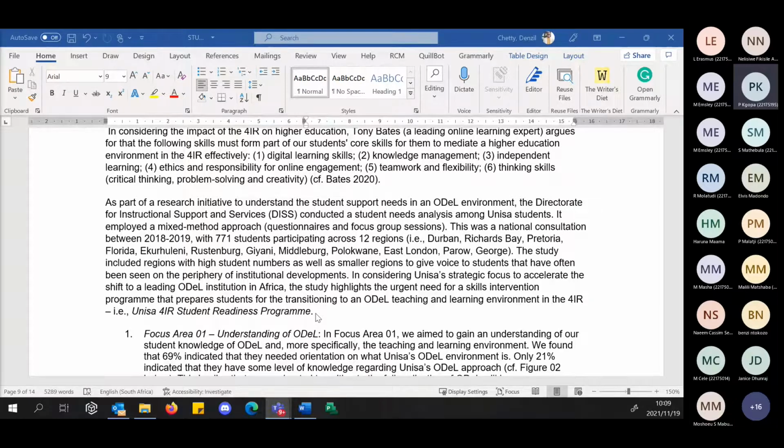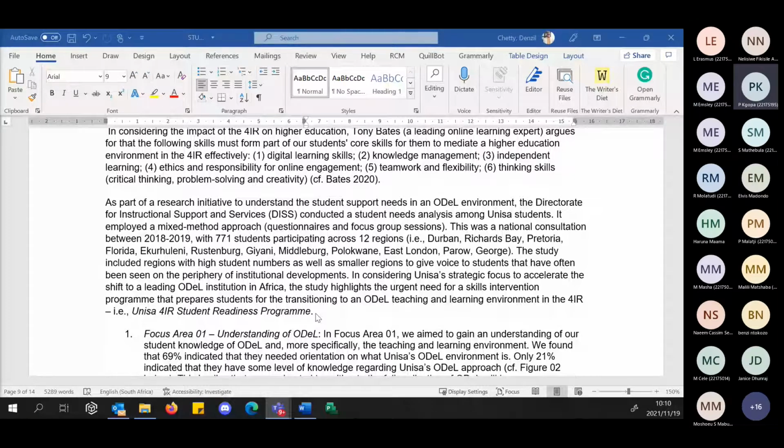So we looked at some of the mainline cities like Cape Town, Durban, Pretoria, but we also wanted to capture the student voices from those areas that are on the periphery of some of our discourses of innovation in the institution. Like, for example, people from Giyani. Some of us don't even know where Giyani is, and I didn't even know where it was until I actually looked at a map and actually had to visit the place.